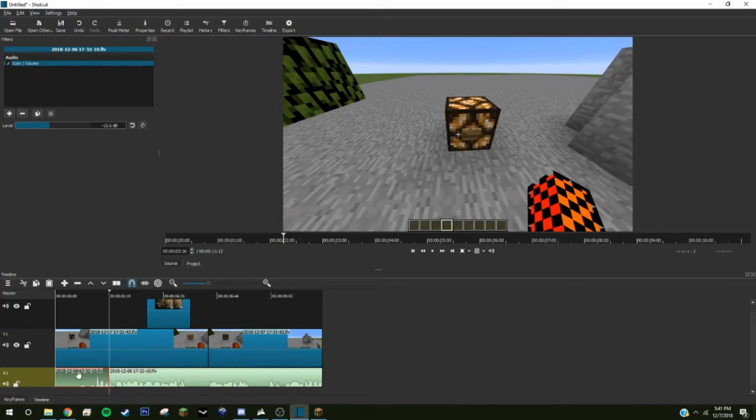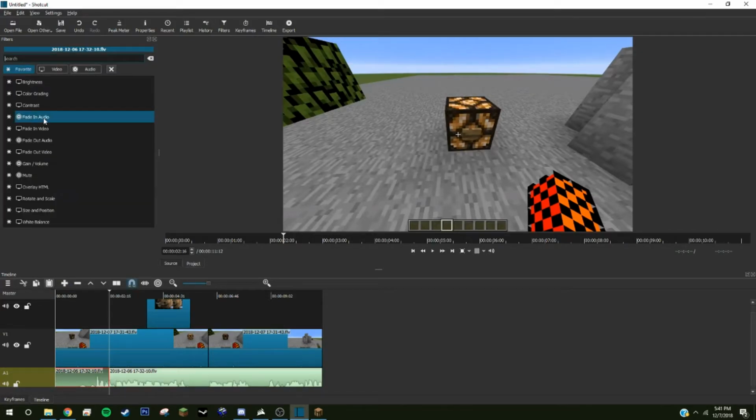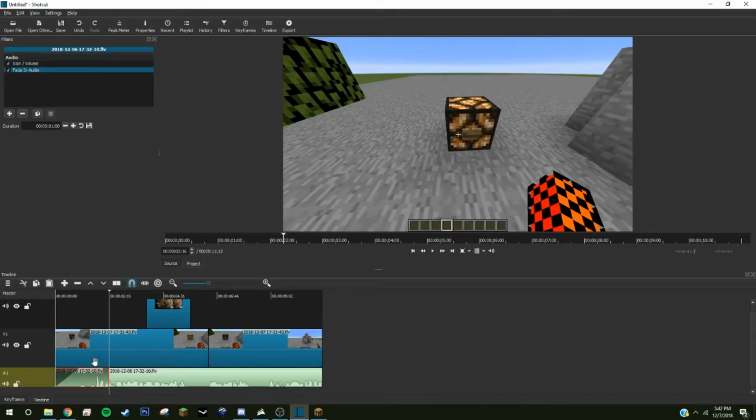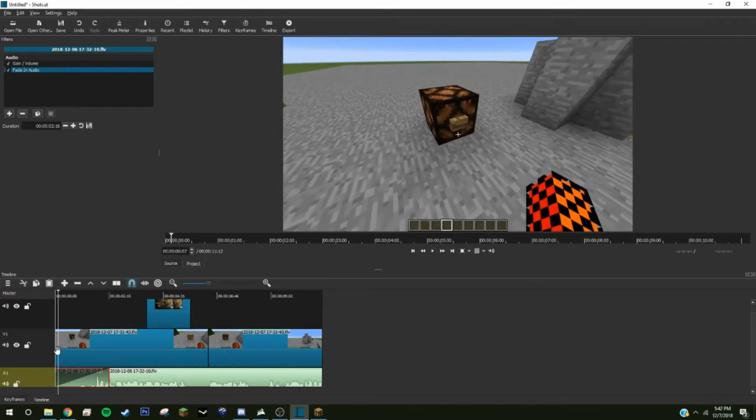So what I'm going to do is split it, select this section, and add a filter by going to this audio and selecting either the fade in or fade out audio. I'm going to add the fade in audio so it gets a little bit louder. I can click on this and adjust it. So now, if we play it,